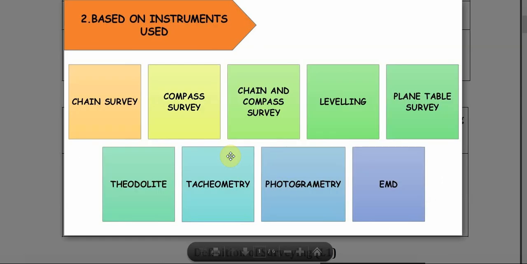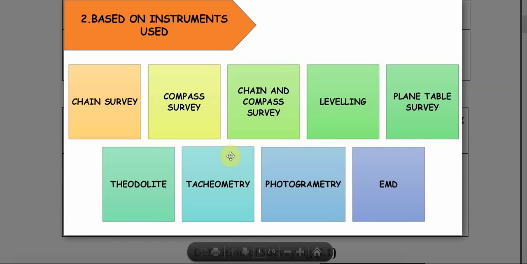Next, based on different types of instruments, we have chain survey if chains are used, compass survey if compass is used, chain and compass survey if both chain and compass are used, leveling. Leveling is done in the vertical dimension. Plane table surveying if a plane table instrument is used, theodolite surveying if a theodolite is used, tachyometry if a tachyometer is used,